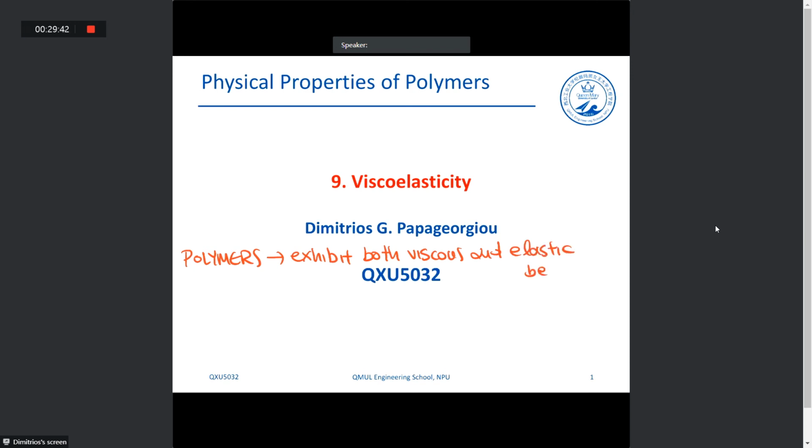But let's have a look at what the individual behaviors are, okay? Viscous materials are liquids, okay? And liquids, as we know, deform continuously under stress, okay? So viscous materials such as liquids, let's say,